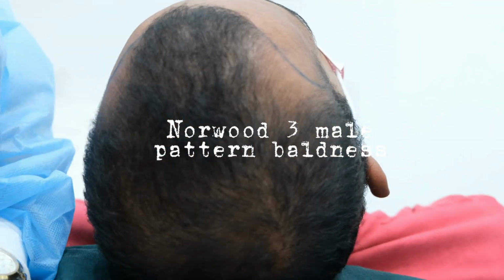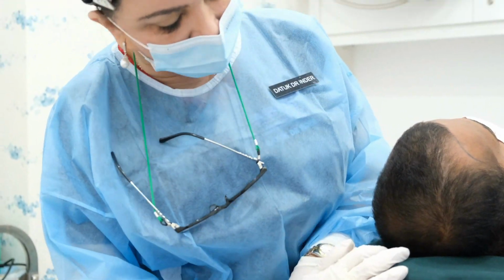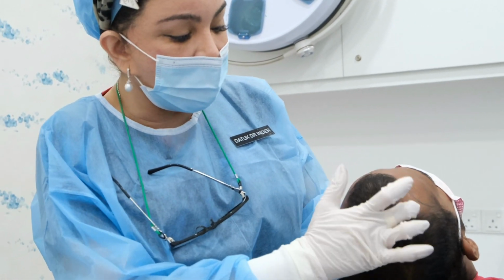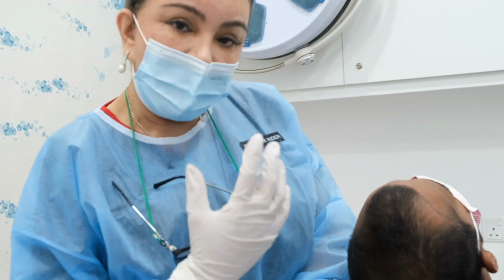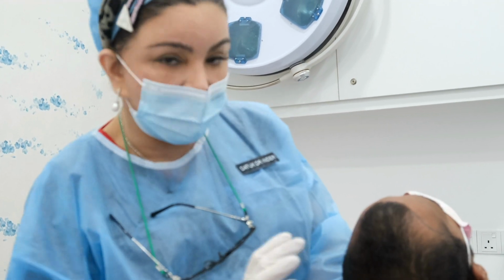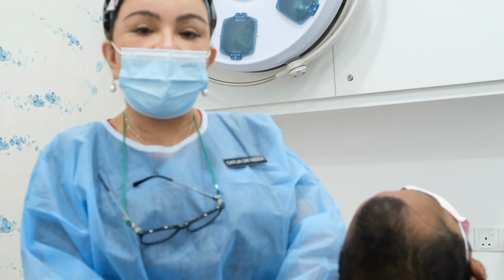This is Norwood 3 male pattern baldness, however there's still loss of density all over, and it's already going to Norwood 6 male pattern baldness. So it's lost density and then completely bald around both the temporal angles. So what he wants to do today is a very conservative treatment only, to fill up density over the completely lost area, that's called the bald patch, and then there will be density over this area,